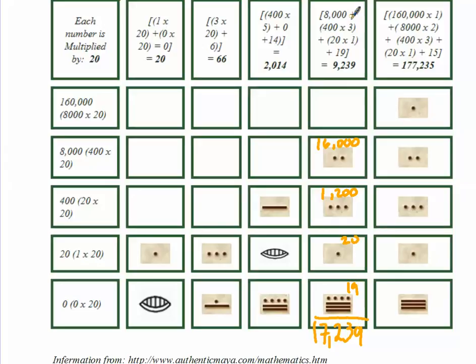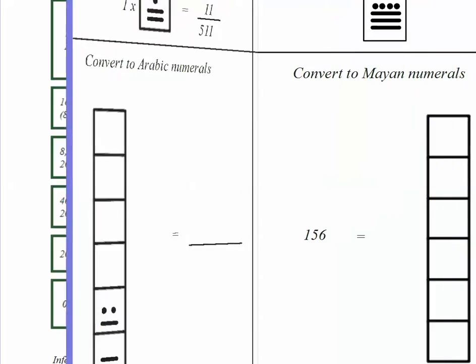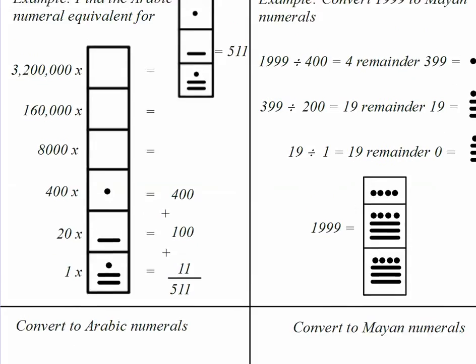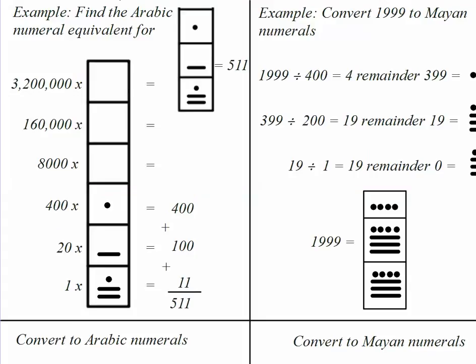It's a lot easier to go from Mayan numerals to Arabic numerals. So if I take a look at this problem, I just take what's in here, multiply it by the place value, and add it together. Simple. It's far more difficult, but not really, to go the opposite way. So since we have this example and you have this example, I'm going to come up with a new number altogether. So I'm going to come up with, oh, I don't know, let's say